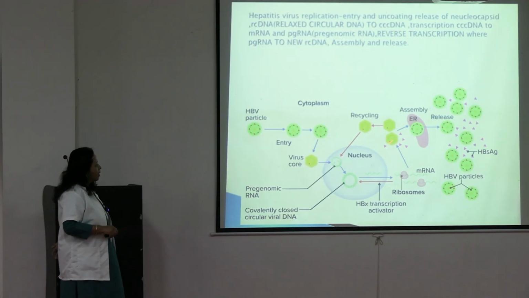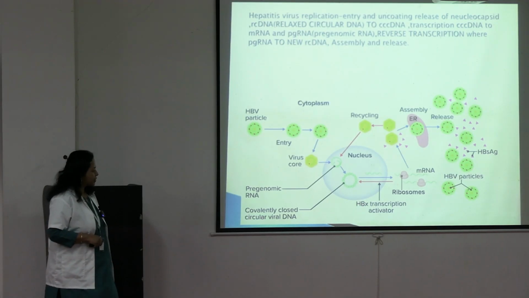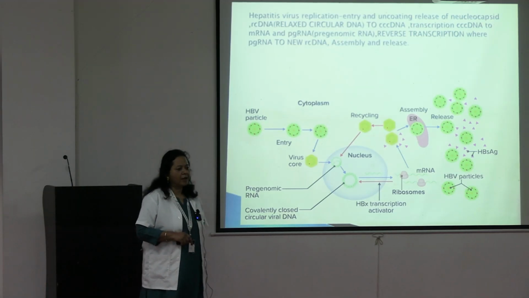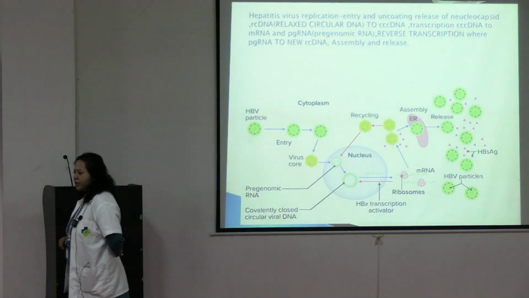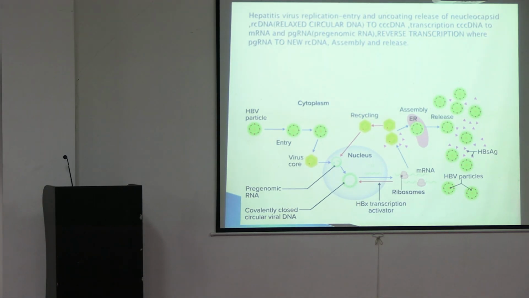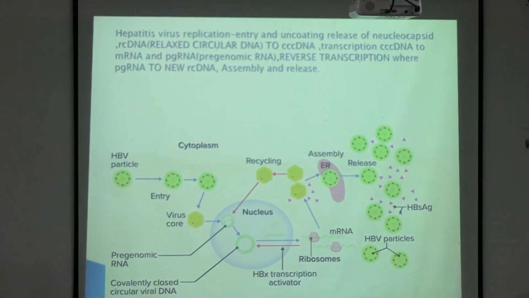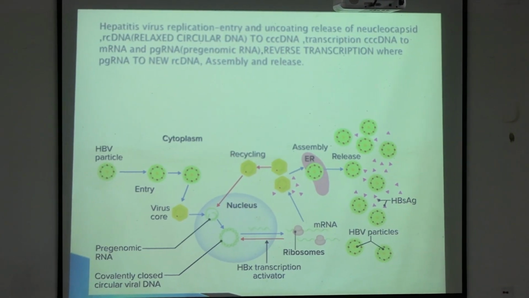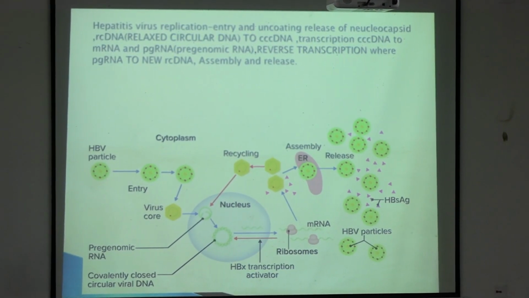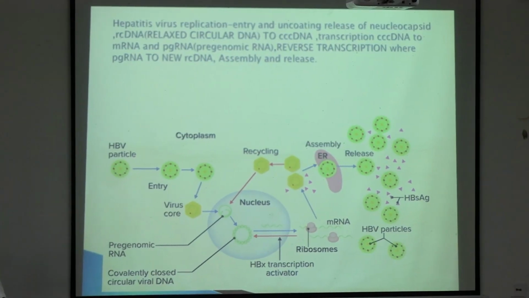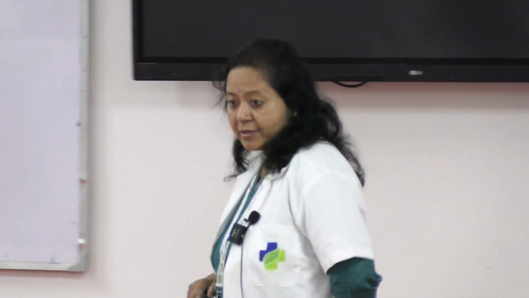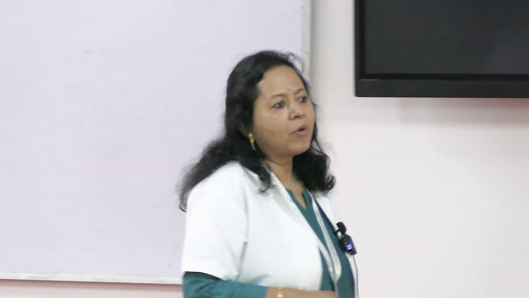This particular phenomenon is called the replication of the virus within the hepatocytes. What will happen is our body will also act. We have T lymphocytes and B lymphocytes. Once the virus has entered our body, the T lymphocytes will be released, and they will come, recognize and try to kill these infected hepatocytes. We have mainly CD4 and CD8 T lymphocytes. You have read this in immunology, right? And then the B lymphocytes will be secreting immunoglobulins, which are the antibodies.